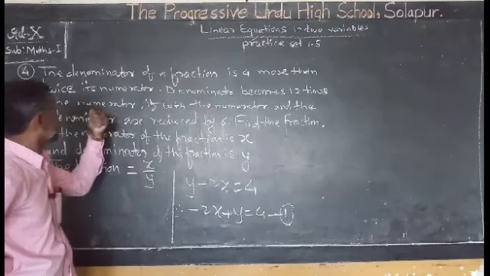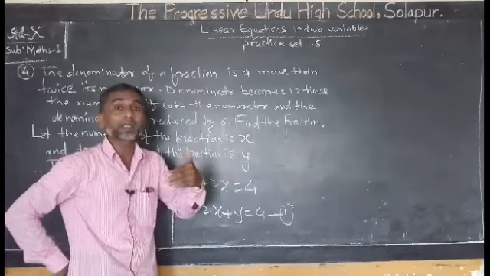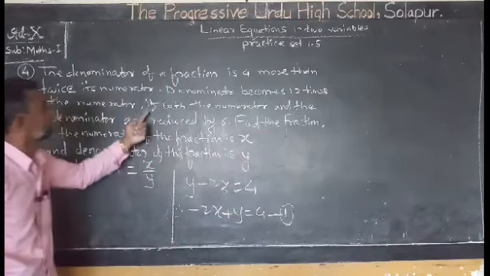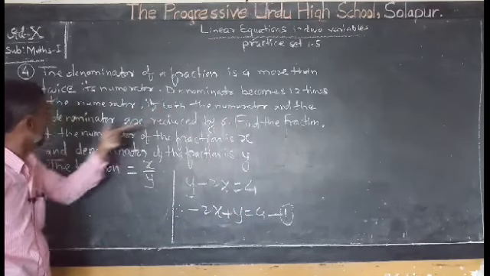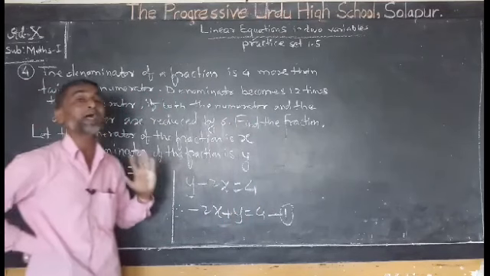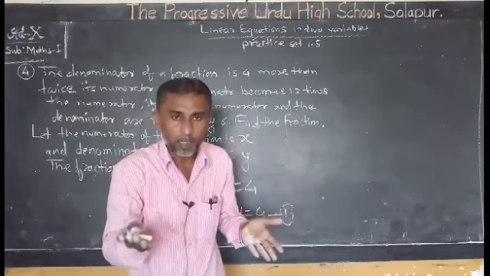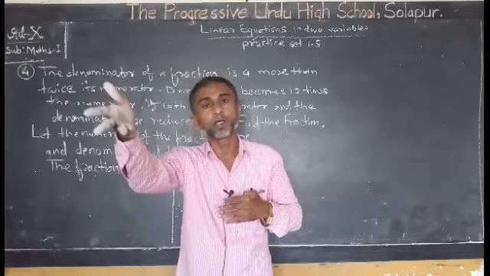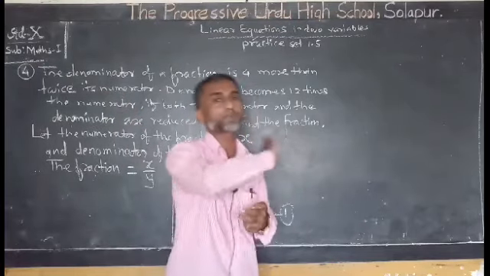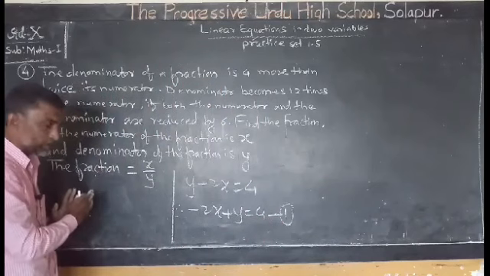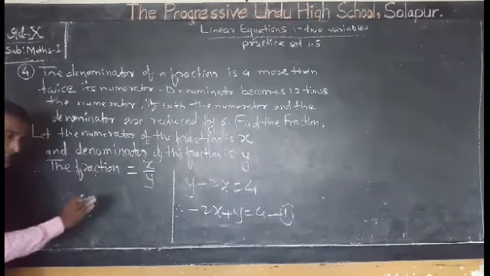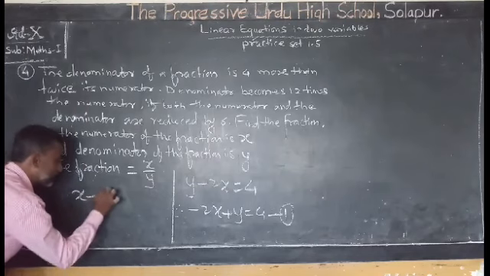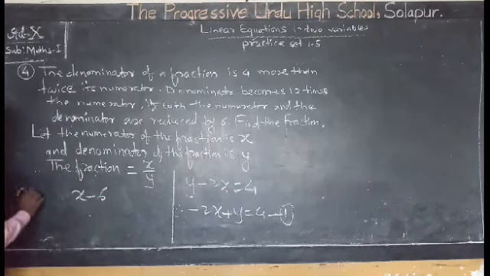Denominator becomes 12 times the numerator. Denominator y becomes 12 times the numerator when? If both the numerator and denominator are reduced by 6. Whatever they are, if we reduce 6 from both numerator and denominator, then only the denominator becomes 12 times the numerator. So, write here first, after reducing by 6, the numerator will be x minus 6,